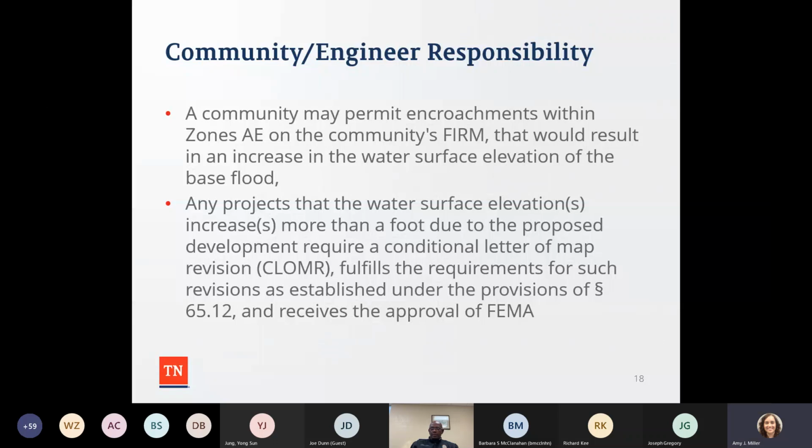So, the community and the engineer responsibility. The community may permit encroachments in zone AE on the community's FIRM that would result in an increase in the water surface elevation of the base flood. And any project that the water surface elevation increases more than a foot due to the proposed development,